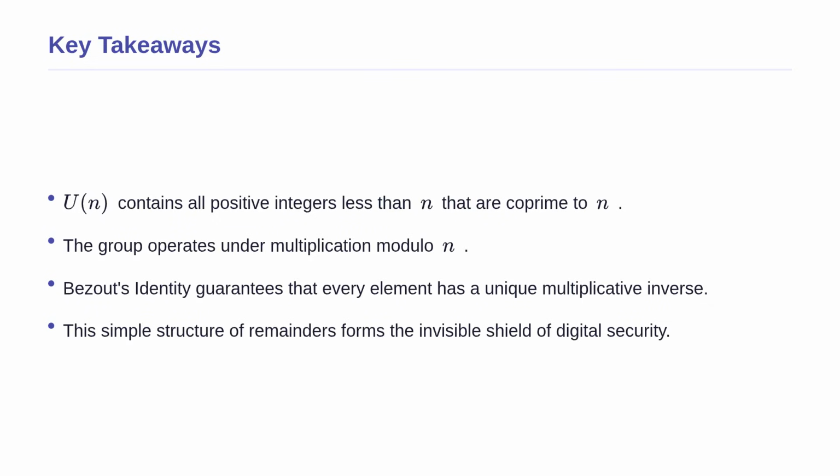Let us summarize the key takeaways from this topic. First, the group of units modulo n consists of all positive integers smaller than n that share no common prime factors with n. Second, this set forms a robust mathematical group under multiplication modulo n, satisfying all group axioms. Third, thanks to Bezout's identity, every single element is guaranteed to have a partner that multiplies with it to yield